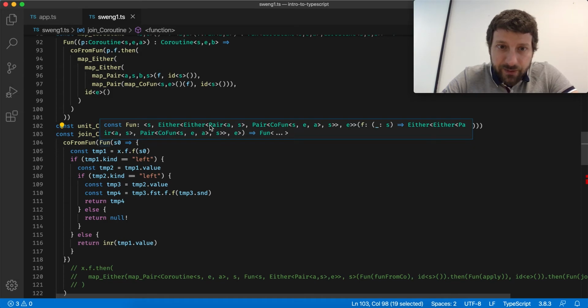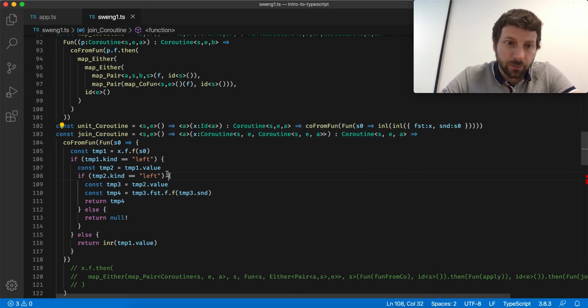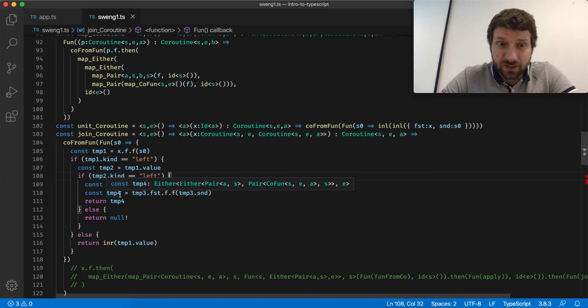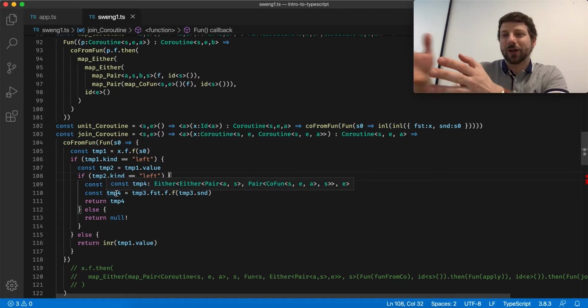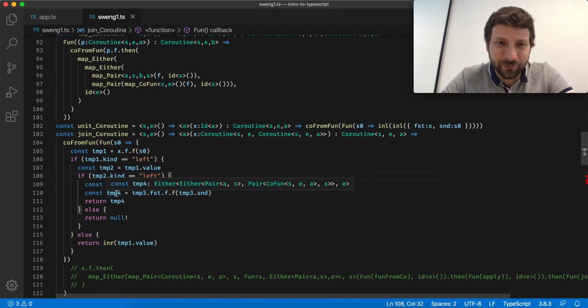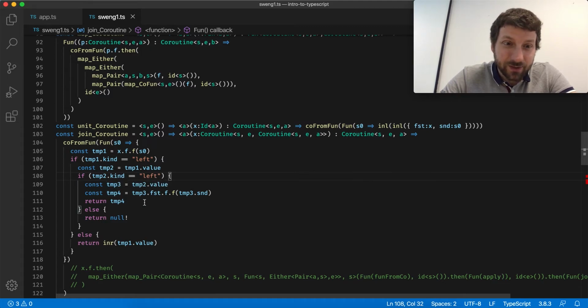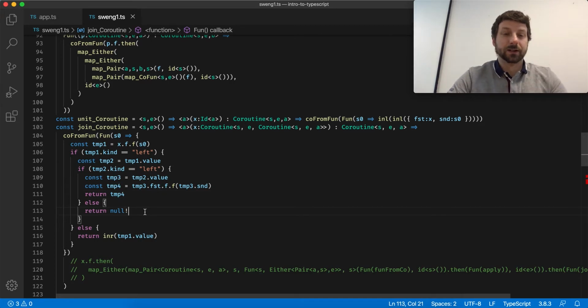And the most important thing you have to notice here is that this is simply a coroutine in A and S. It's a coroutine in A. So that's cool. And temp4 is now the right side. So temp3 is already the coroutine in A. That's what we want. And what we do is we simply take the first step of that coroutine and we get temp4, which is the right side of that coroutine SEA, and that has already the right shape, so we can just return it. Okay, now on to the property monster,